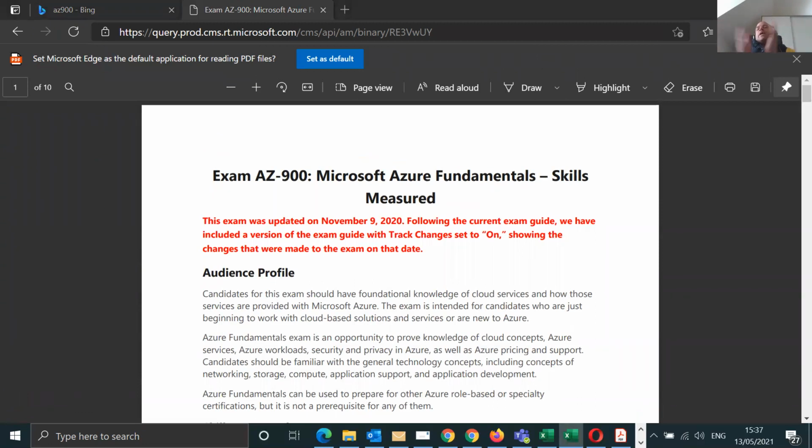AZ-900. So let's recap. AZ-900 is about the basics of Azure cloud, and the recommendations of what you should actually use within the cloud itself. It lightly touches on the different products and resources that Azure will recommend, like Azure Security Center.